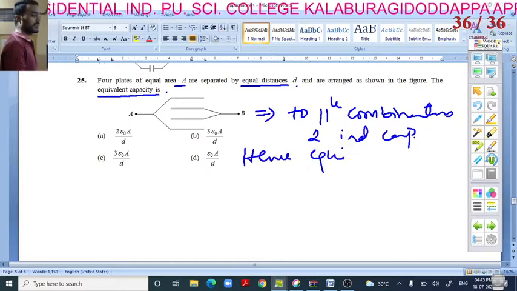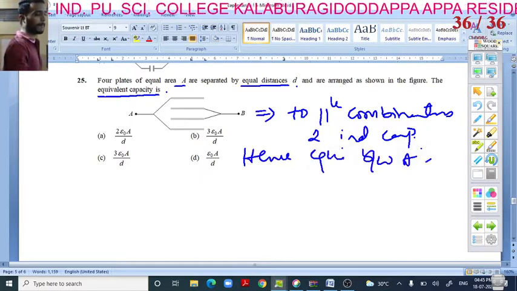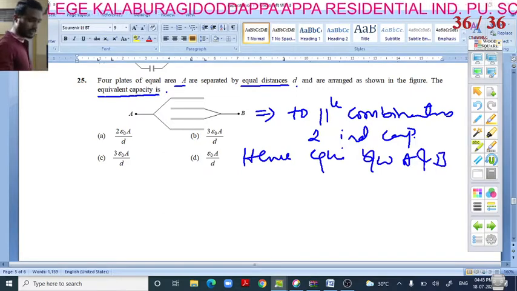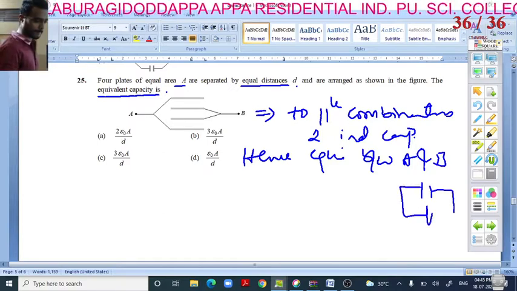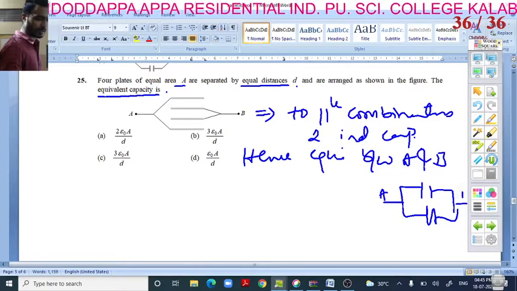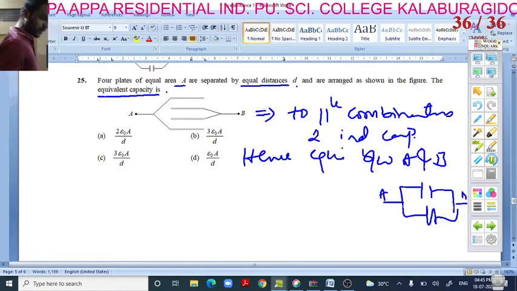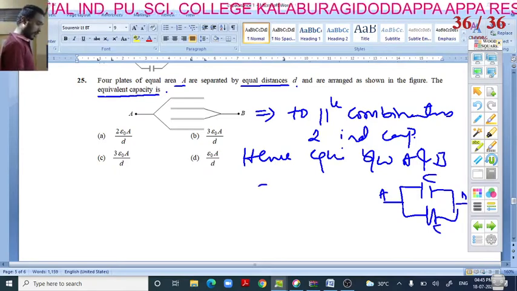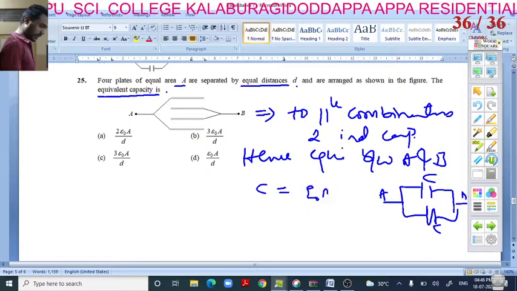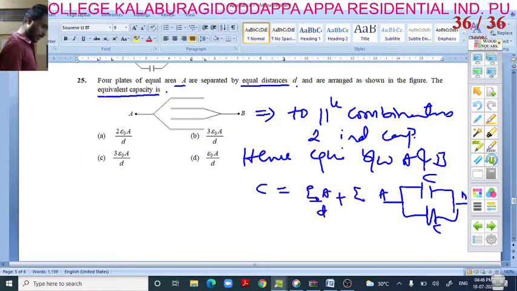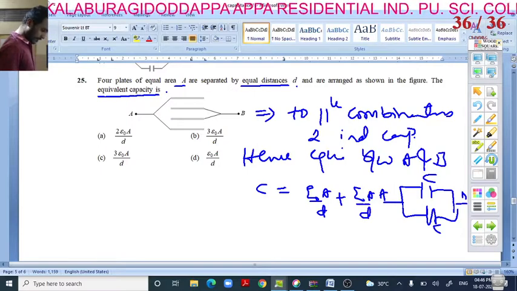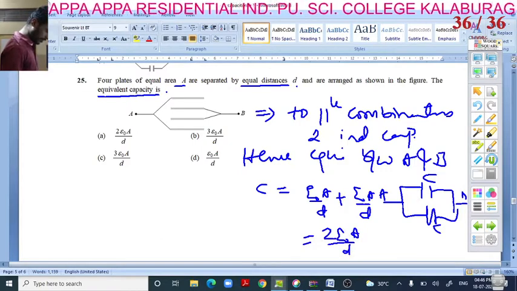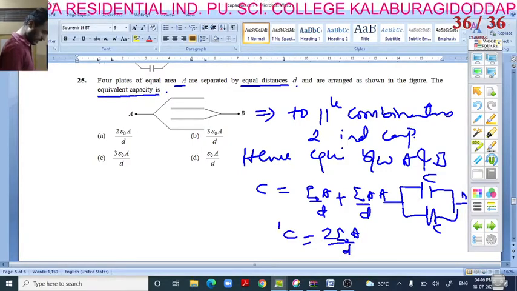the equivalent capacitance between A and B is, see, it becomes like this. This is A, this is B, right? See, this is capacitance, right? Okay, so I can write C is equal to epsilon A by D plus epsilon A by D. So that is equal to 2 epsilon A divided by D. So this is what we got here. C is equal to,